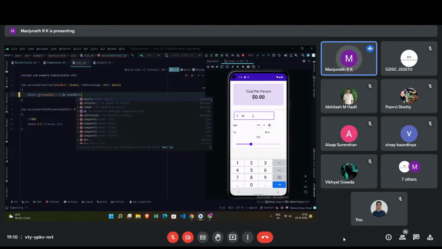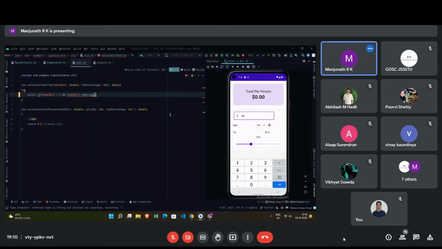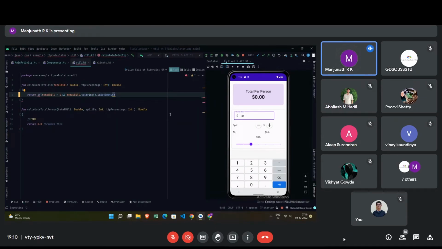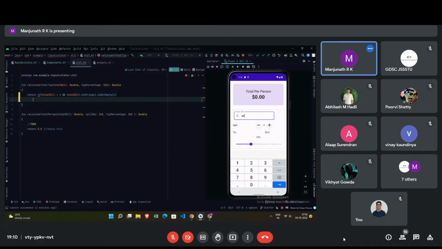So we will be receiving these values in the format of string. So we need to check whether it's a string. So if it is a string and it is not empty, right? If all of these cases hold true, then we can say that total bill is equal to, yeah,